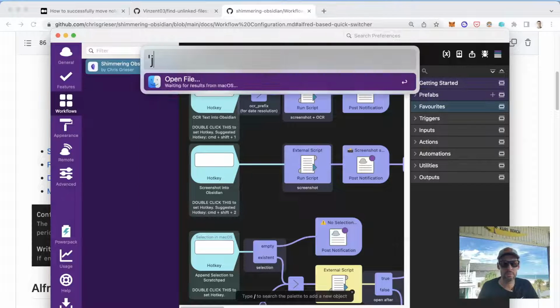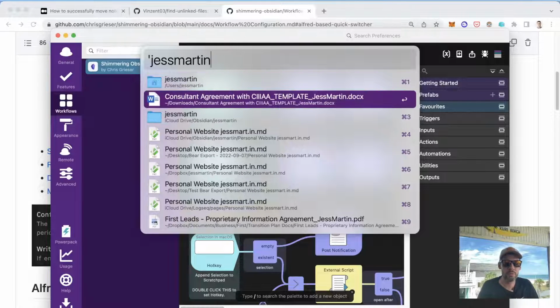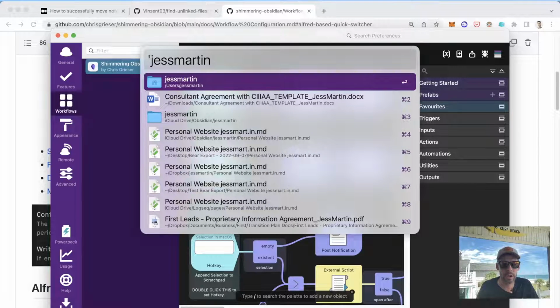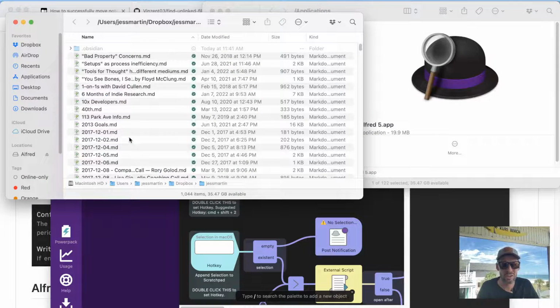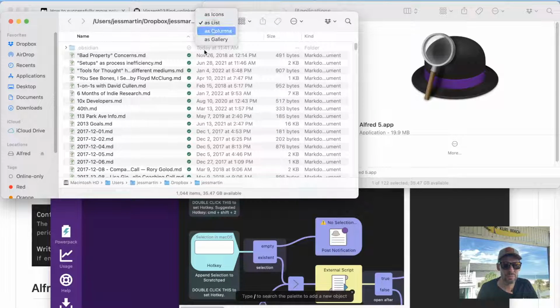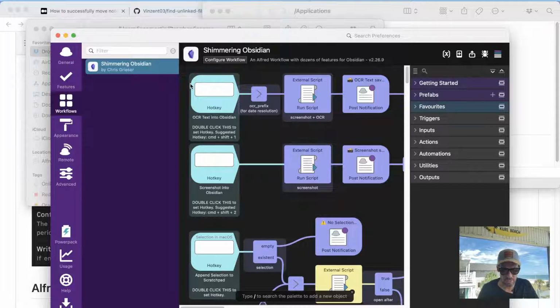Okay, let's go through and rename. I was thinking about this earlier while we were working on this at the beginning of the day. Let's go ahead and rename the Jess Martin vault under Dropbox to be Jess Martin dash. Let's see. As columns, which should allow us to go back one. All right, we're gonna name this Jess Martin, Dropbox, Obsidian vault. Make it super clear what it is, and now we can go setup.